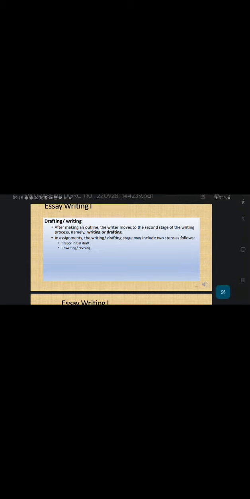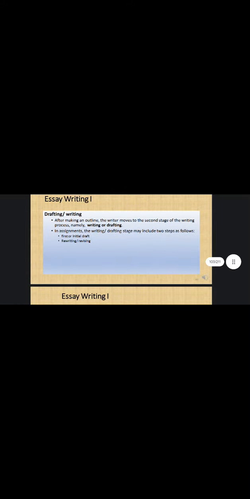Now we are done with the pre-writing, so now let's look at the drafting, how to draft or write the essay. You have a pool of information already. You have all the necessary information. So now you are coming to write your essay. So how do you write the essay? After making an outline, the writer moves to the second stage of the writing process, namely writing or drafting. In an assignment, the writing or drafting stage includes the following steps. The first, initial draft, rewriting